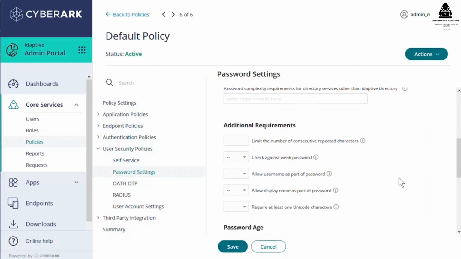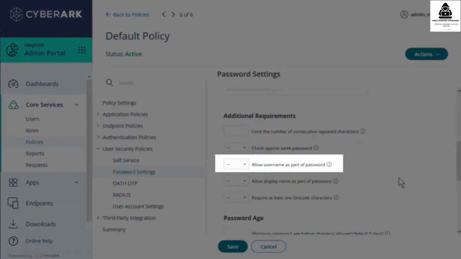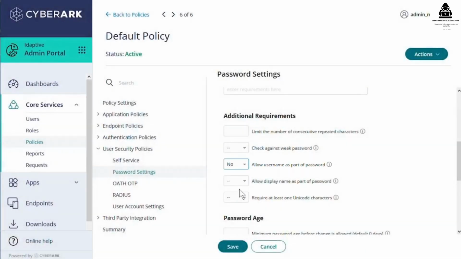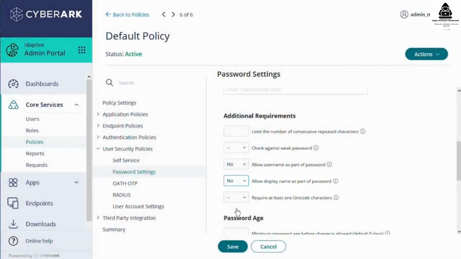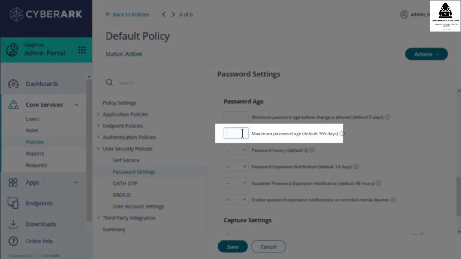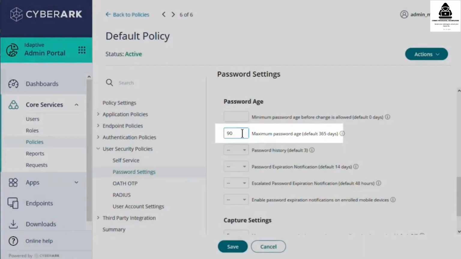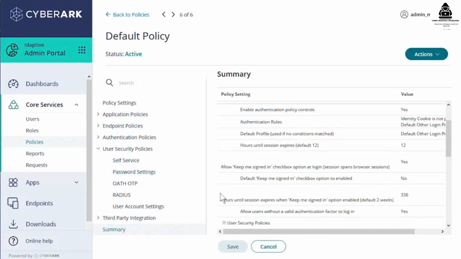And let's scroll down to set some additional requirements as well. For example, we don't want our users to be able to include part of their username in their password, so we'll select No here. We also don't want our users to be able to include their display name as part of their password. And finally, let's scroll down to Password Age to require our users to create a new password every 90 days. Now we're ready to save our changes. And when we view the summary for this default policy, we can see the new